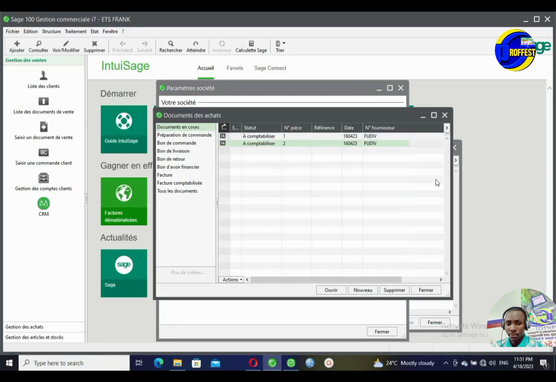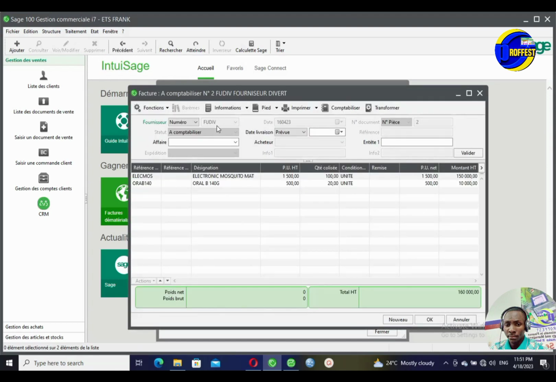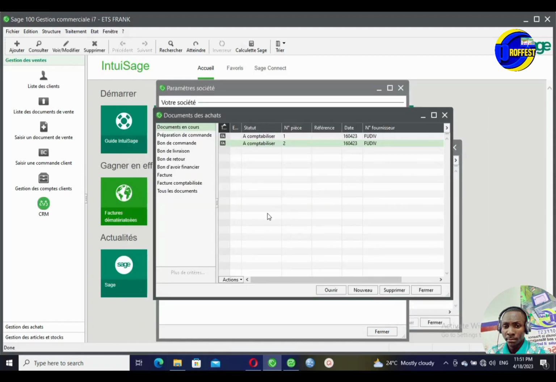Already, if we are making a sales or a purchase transaction, for example, in this document we already have the supplier's code or the supplier's account. So in this case, it's going to be the third party account. Now we need to get another account for purchase of goods, so that it goes to the accounting part of the software and automatically